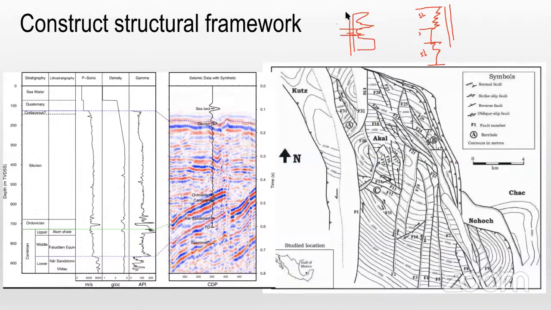So based on a structural study, you can find that this reduction in the thickness of the interval is based on a fault. So you interpreted that you have a fault here because the thickness decreases, or sometimes because of the thrust fault,